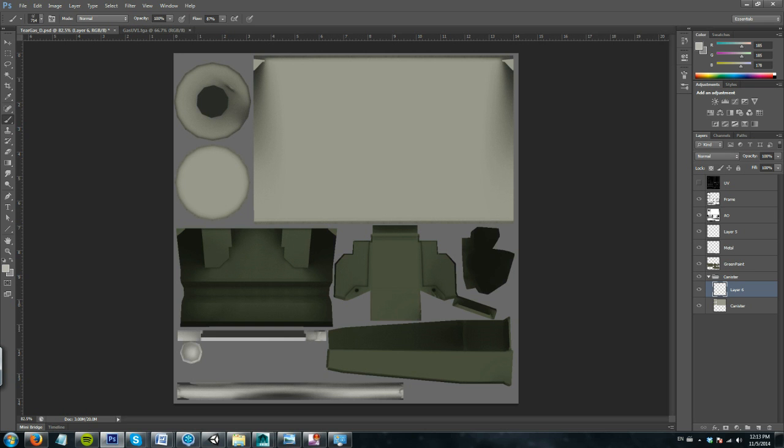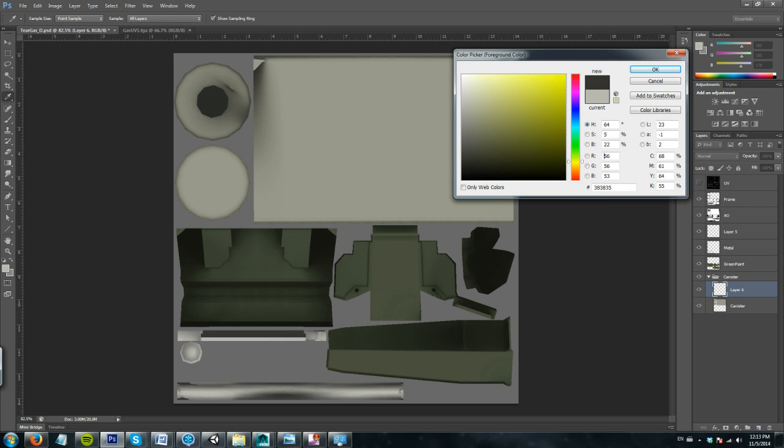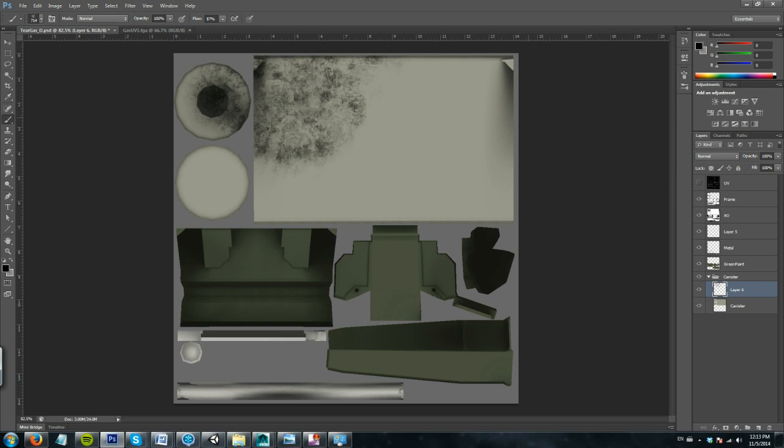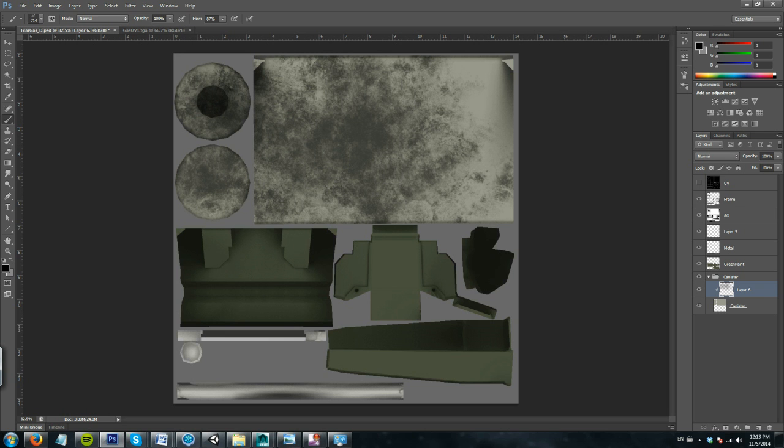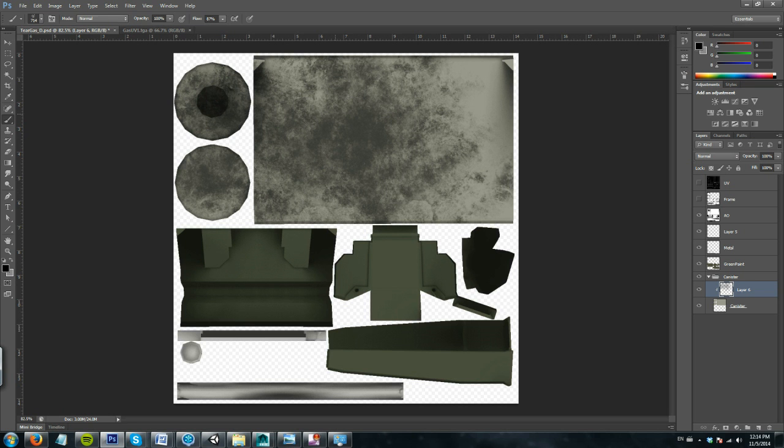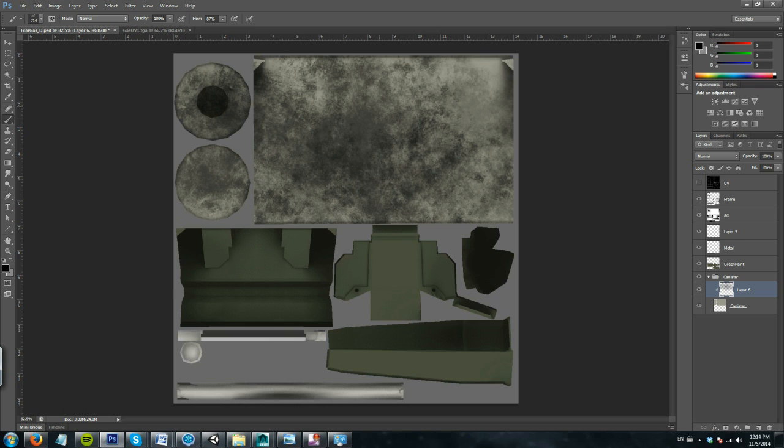Alright, so let's start out with just giving it a black. If you hold down Alt and hold between those layers, you can link this one. So if you paint, you don't miss. You only paint where the bottom layer is, so you don't get anything outside of that. So let's just paint some of it,